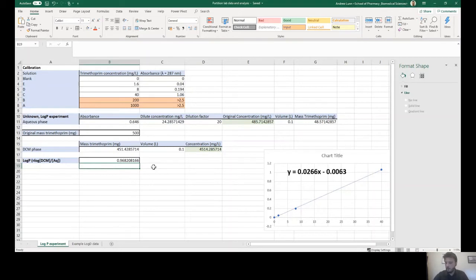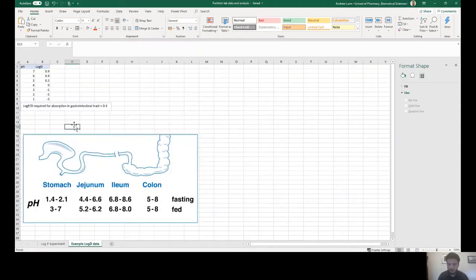Something that's more useful, though, particularly for absorption and particularly through the gastrointestinal tract, is log D. So, as hopefully you now understand from lectures and from the lab, log D does the same kind of thing as log P, but it will do it at any pH because we'll take into account unionized and ionized forms of the drug. And so we can then take log D values at any pH, and we can see what difference pH has on where a drug will partition, or a molecule will partition itself between oil and water at any of those pHs. So question 5 says there is some example data for log D, and that's again on the spreadsheet